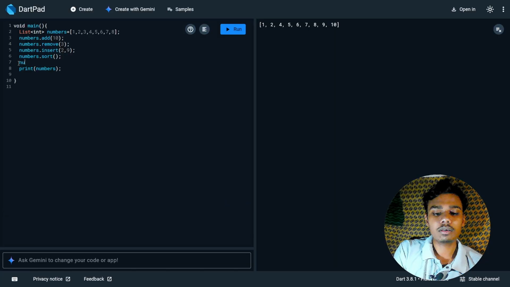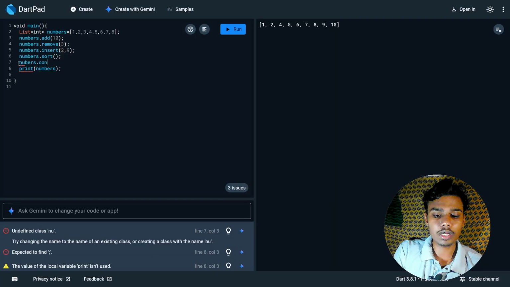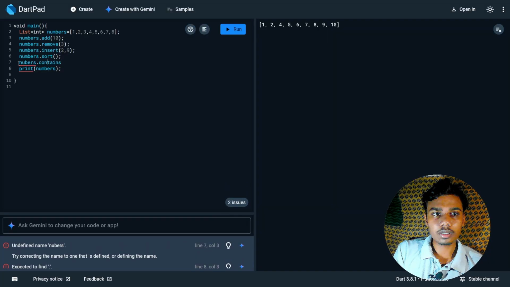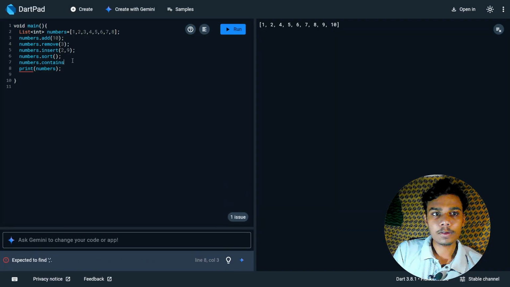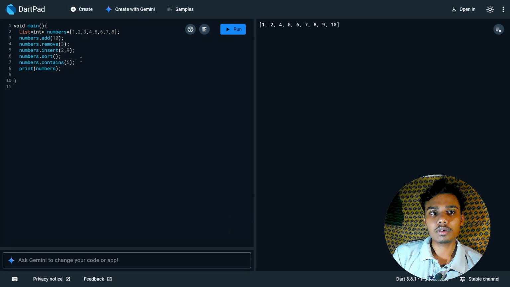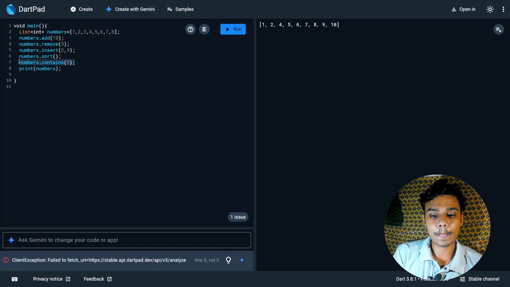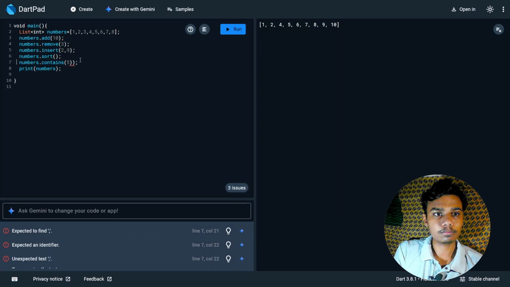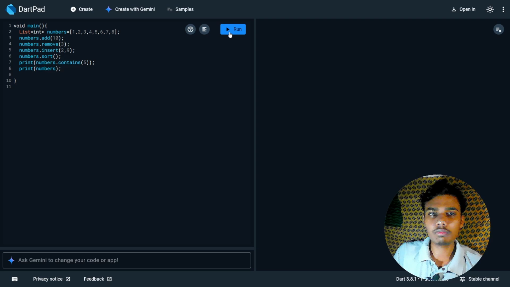So next is contains. So numbers dot contains. सो कंटेन क्या करता है कि वो ये चेक करता है जो भी वैल्यू आपने कंटेन में पास की है वो लिस्ट में एग्जिस्ट करती है कि नहीं। अगर एग्जिस्ट करती है तो वो ट्रू रिटर्न करेगा, और नहीं करती तो फॉल्स। जैसे मैं देता हूँ 5, और मैं अगर प्रिंट कर रहा हूँ, इसको ही प्रिंट फंक्शन के अंदर डाल देते हैं। सो ये सिंपली रिटर्न करेगा ट्रू, बिकॉज 5 एग्जिस्ट करता है लिस्ट में।